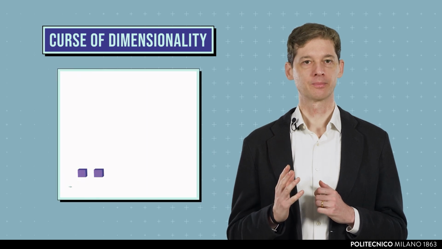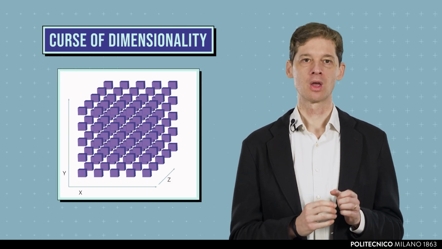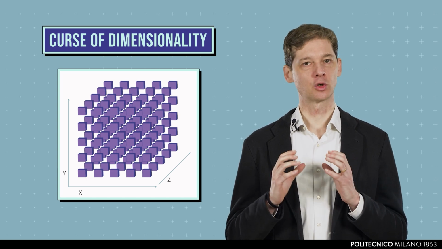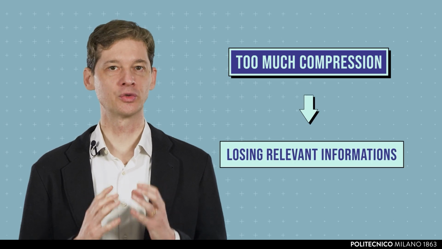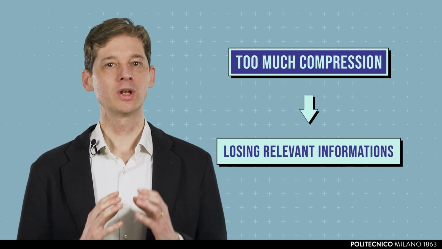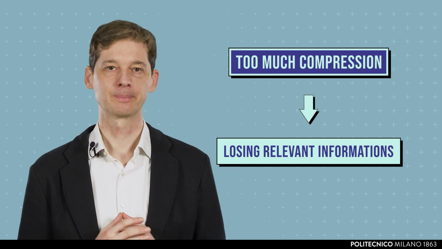Learning in problems with high-dimensional input spaces requires considering complex models, which need many samples to be trained. This is called the curse of dimensionality. Dimensionality reduction aims at representing our dataset in lower dimensions, while maintaining most of the information that is contained in our dataset. Working on a compressed representation requires fewer samples, but compressing too much can be harmful, as we risk losing relevant information. We need to manage this trade-off in relation to the number of examples available in our dataset.